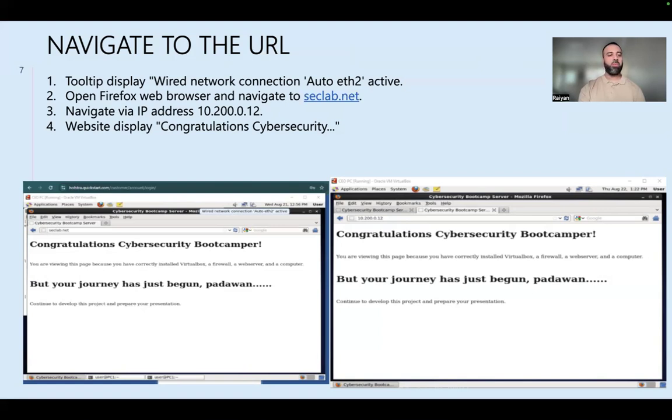And then you want to go back to the Firefox web browser and navigate to seclab.net once again. This time you will get a success message: Congratulations, Cybersecurity Bootcamper. Now to confirm, again, you want to open up a new tab and navigate to the website,